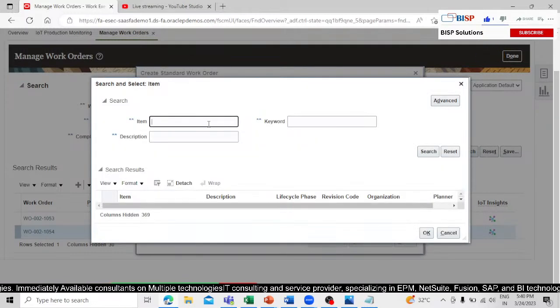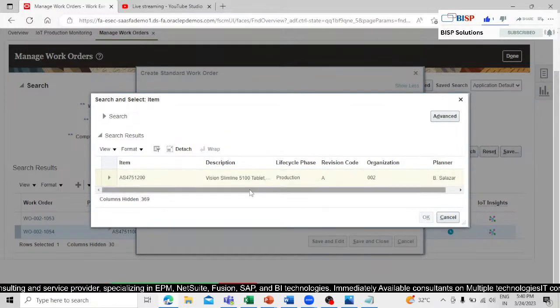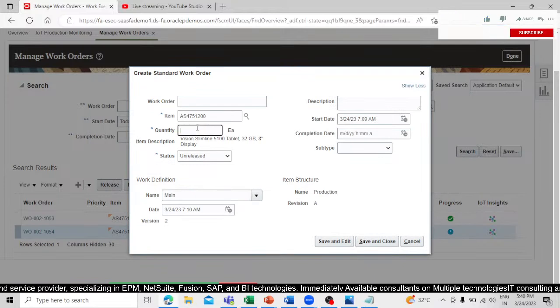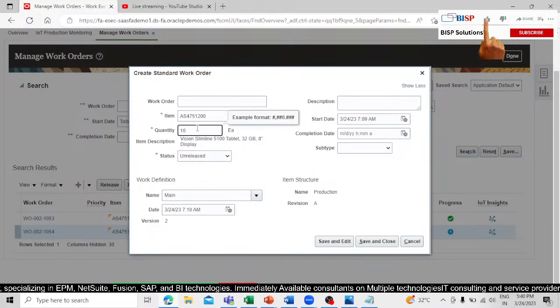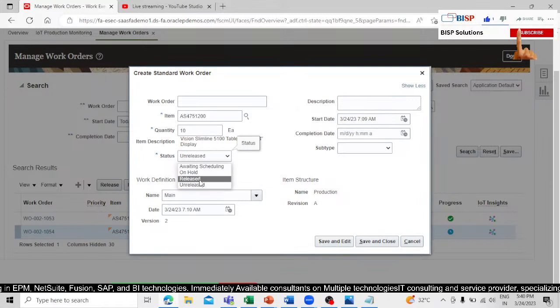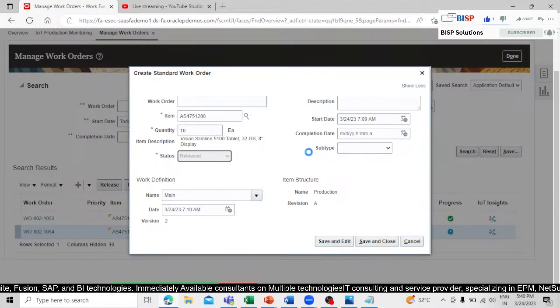This is again 4751, click OK. How much quantity? Suppose we have 5, no, we define 10 quantity. Status is suppose released, right? And the rest of the things we already defined, right? No issue. And click on this edit,